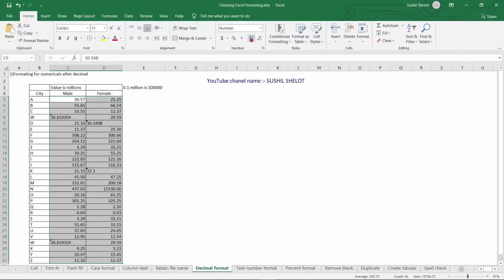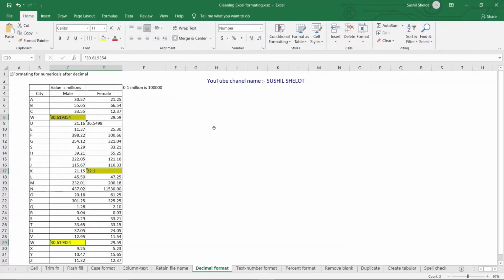So in this way, the cells here with the numerical format have been redefined with the decimal formatting, and this is how one can choose to make the decimal formatting uniform all across the database by choosing the database. Now friends, you have seen that a few of the cells here, which I am highlighting right now, have not been shifted into the decimal format because those are not in numerical format, and since they are not in numerical format, they do not obey the formatting of the places after decimals. So let's go to the next step and learn what is text and what is number format